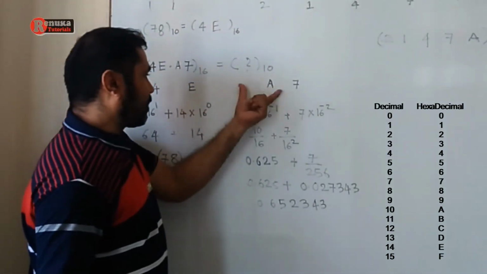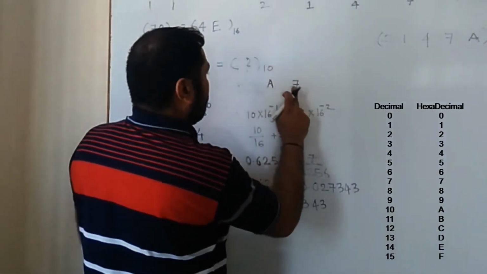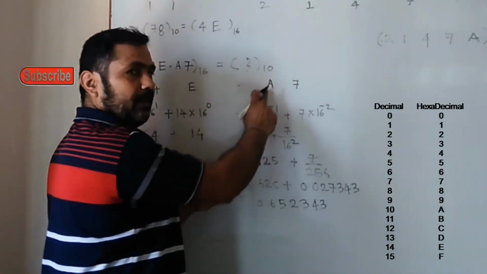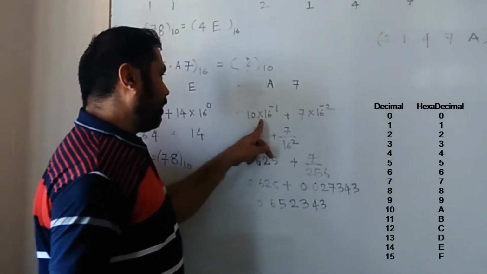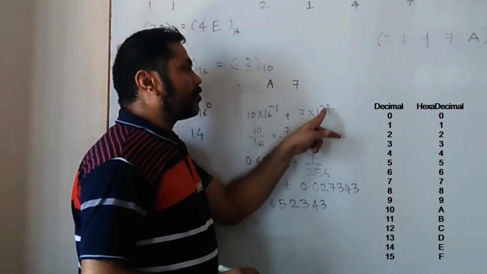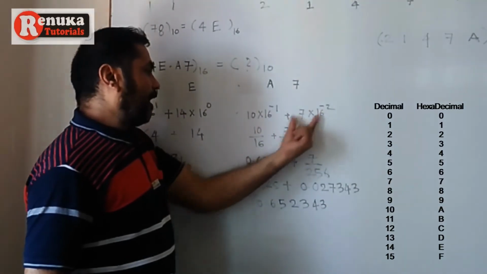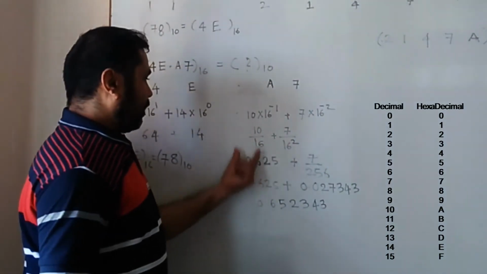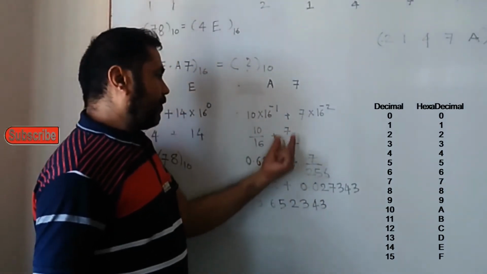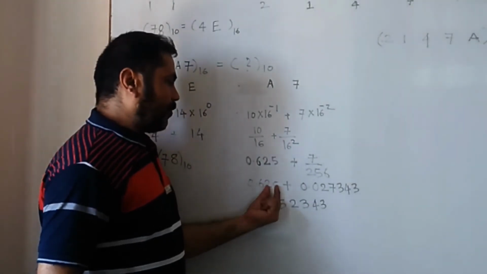Now for the fractional part. The fraction is point A7, so .A7 is written here. A's value in hexadecimal is 10. So 10 multiplied by 16 raised to the power minus 1, plus 7 multiplied by 16 raised to the power minus 2. So we can write it as 10 by 16 plus 7 by 16 squared. Here 10 by 16 is 0.625 and 7 by 256 is the next term. So the answer is 0.625 plus